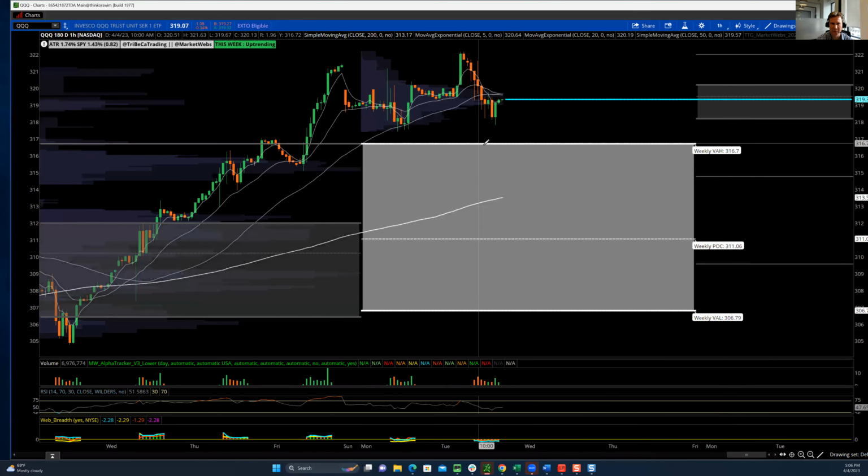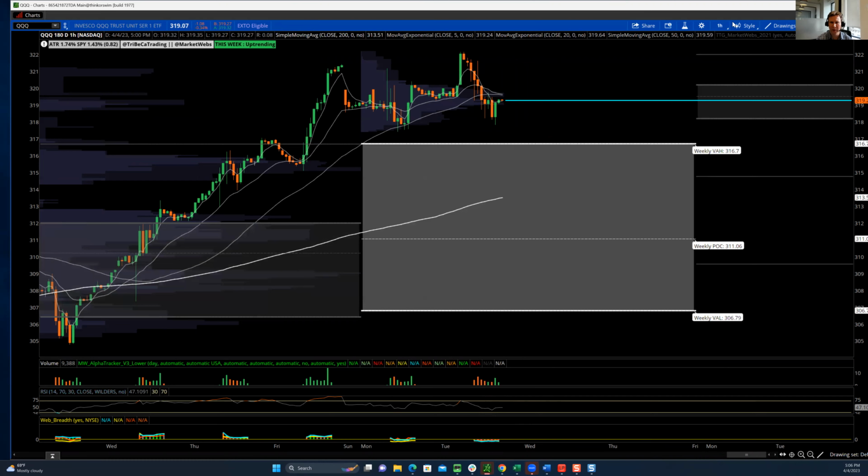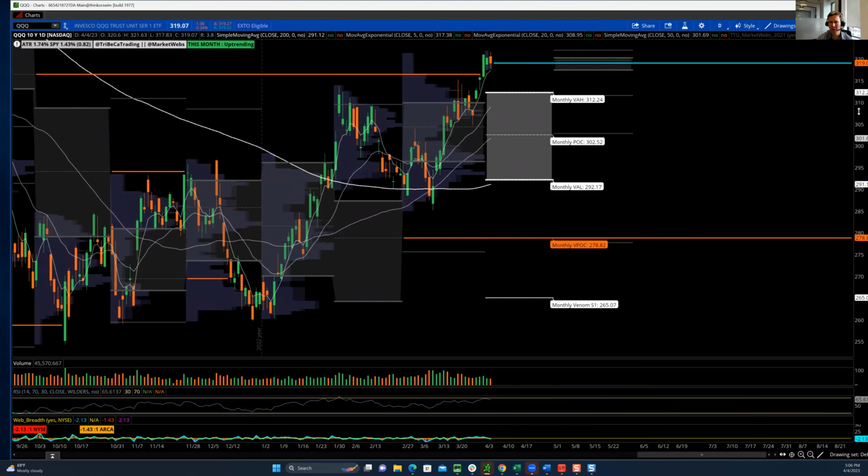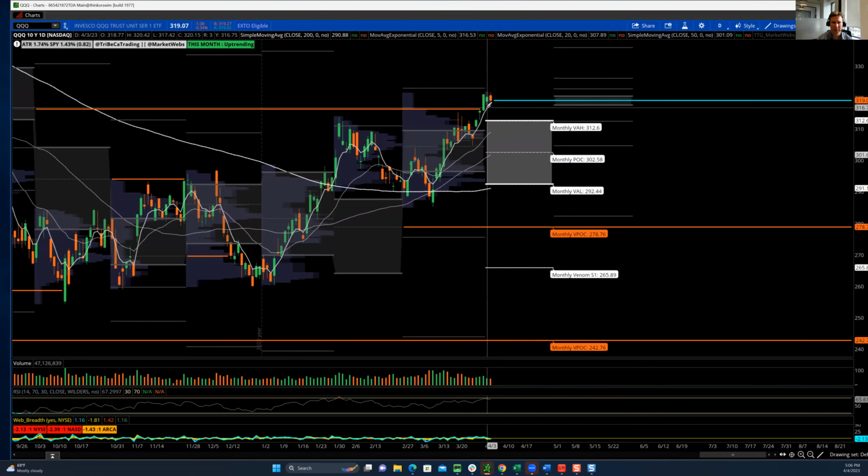So this is a good place, just letting Thinkorswim catch up a little bit and adjust. But I would watch this 316.70. As long as we stay above this level for the week, maybe dips continue to get bought. Also, you could look at the 5-day moving average, which is down here, and you might see this group continue to outperform, because it's just different than in the industrials or steel names. It might do a little bit better, right?